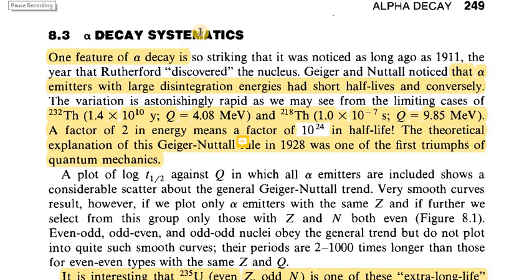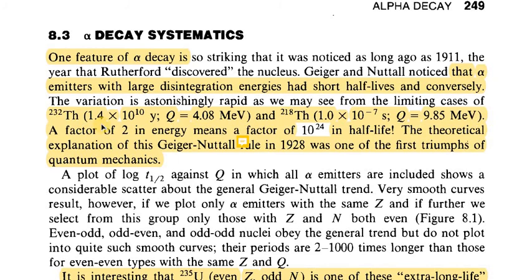Okay, then alpha systematics. One feature of alpha decay is that alpha emitters with large disintegration energies have short half-lives, and conversely. So if there is large disintegration energy, that particle has a short half-life. For example,